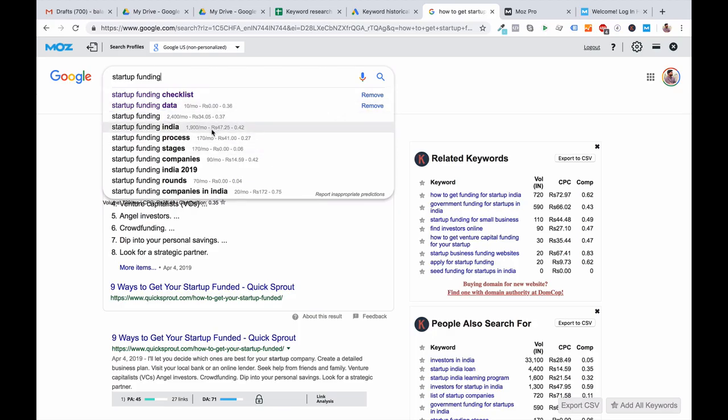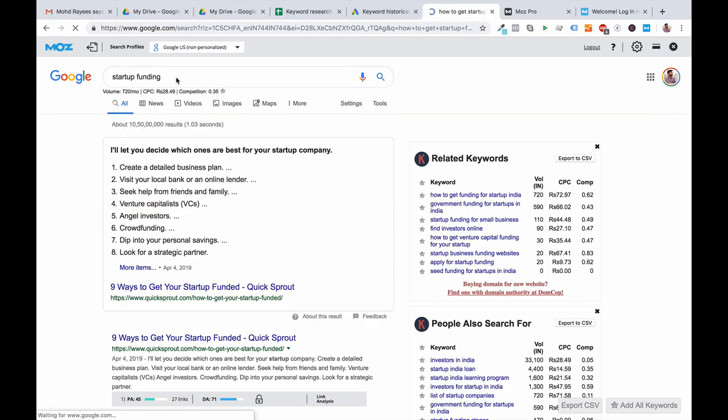Startup funding India, startup funding companies, startup funding stages, startup funding process. So I believe these are the things that people are looking for, right? And startup funding here is 2,400. So more or less, this data is over a range. Nobody is accurate around this. So we could actually come up in top of